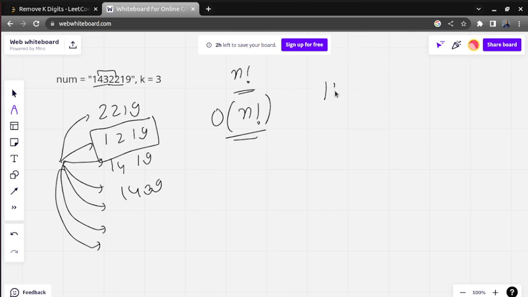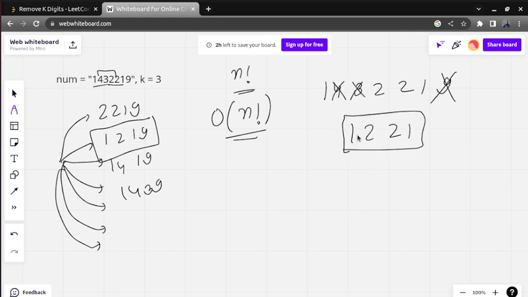So we have the number 14322219. Some people may think let us try to remove the top elements, because they are the ones making the number big. So the 3 elements which we need to remove may be 9, 4 and 3. But instead of removing these 3 elements, let us try to remove these 3 elements, so it will be 1219.